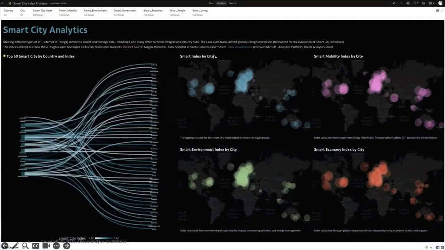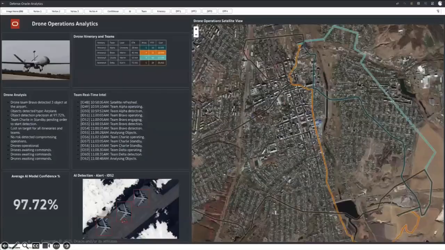We can also analyze geodata, where we have different heat maps looking at different variables, different predictors. We see here we have smart analytics by city, smart mobility by city, etc. And to even expand on the geodata, we have map data that's being used, where we are taking real-time intel and having this data plotted and analyzed in a machine learning model, where it will then allow us to determine these routes in real time.